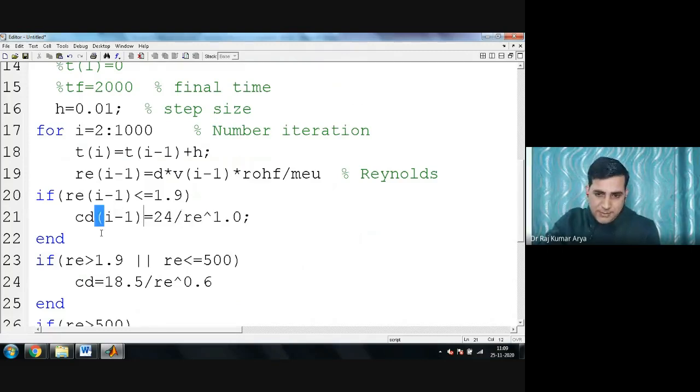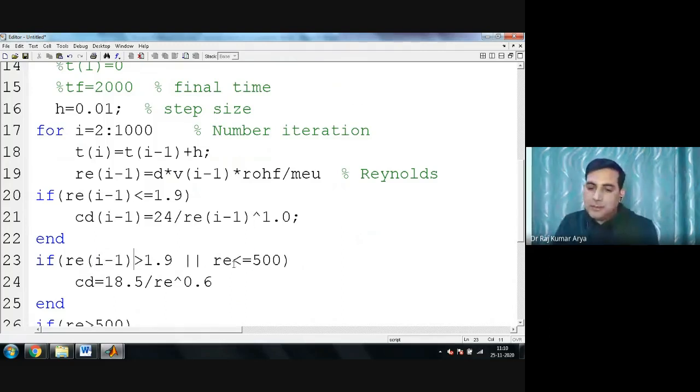So once you know this, I got CDI. I wrote this also, I minus 1. I am writing it now, there might be some errors in the brackets and all this, so I don't know that part. Here also I can write I minus 1. Here also I wrote I minus 1.